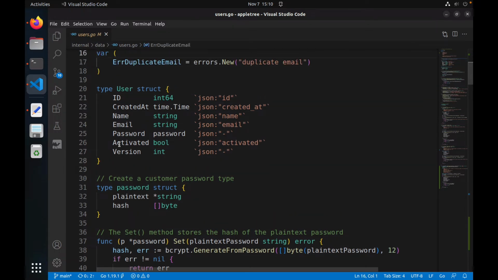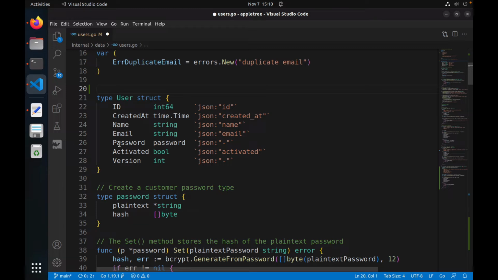Okay, so how do we create an anonymous user? Well, that shouldn't be too difficult. All I will say is, okay, so here let's declare an anonymous